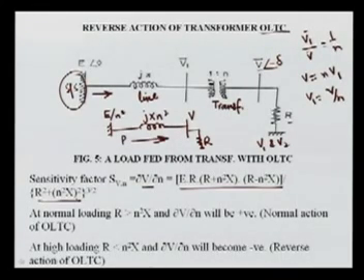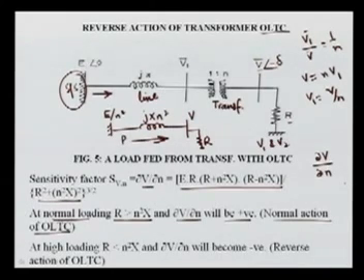and this is called the sensitivity, meaning the change in the voltage with the change in tapping. Means if your tapping is changed from V1 to V2, how much the voltage is changed, and this shows whether this value is positive or negative. From this expression we can say at the normal loading, this R is greater than n square X. So here this sensitivity factor will be positive, and this is called the normal action of your OLTC,